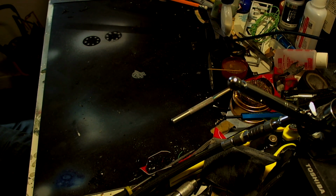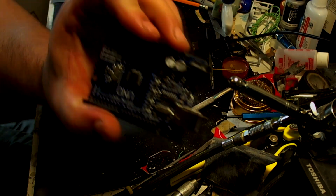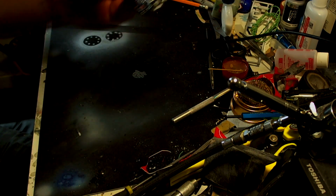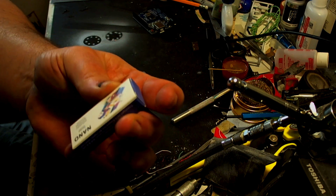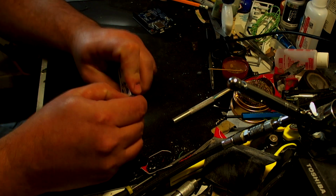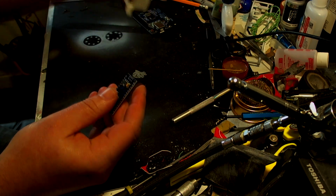What we are going to be talking about is the Arduino Uno. This is a clone board, and the Arduino Nano, which is what I'm going to be using on the U.S.S. Franklin. And what's good about the Nano is that it can be powered